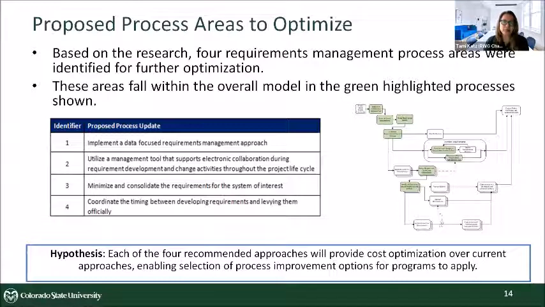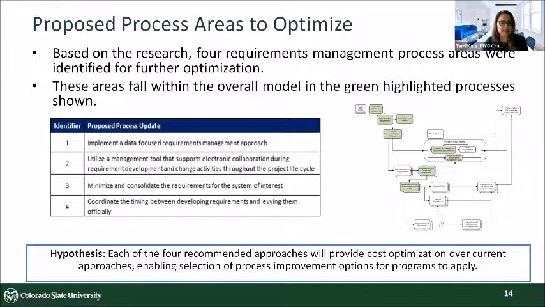Make sure you have not too many requirements, not too little, but find that sweet spot of what are the right amount of requirements, and make sure that the quality is appropriate. Don't have a lot of overlaps. Don't have poorly traceable requirements, hard to implement requirements. So that's really, when I say minimize and consolidate, that's ultimately going hand in hand with the requirement quantity and